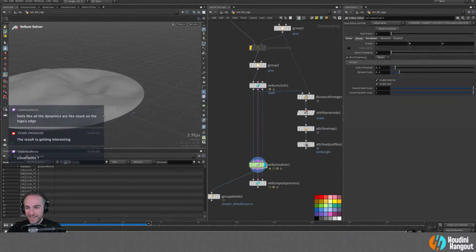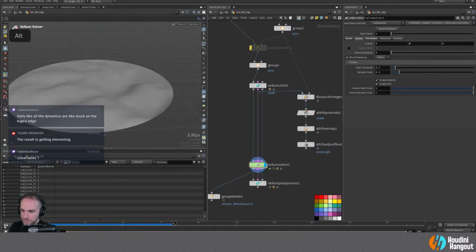Results are getting interesting. Yeah, they are getting interesting. I agree. Constraints. So if you're not familiar with vellum,